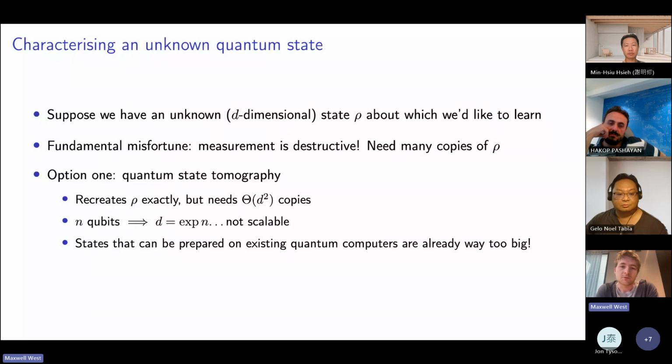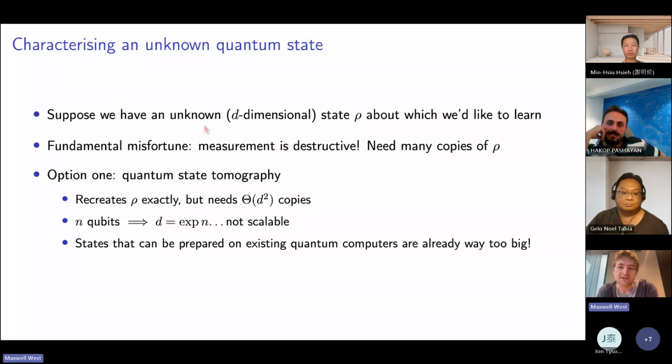If you measure an operator with respect to which your state is already an eigenstate, then it doesn't change. But of course, the problem is the word unknown, right? Every time you make a measurement, you're in danger of measuring some observable with respect to which the state is right on the edge of being maximally uncertain. And then you essentially just completely destroy the state.